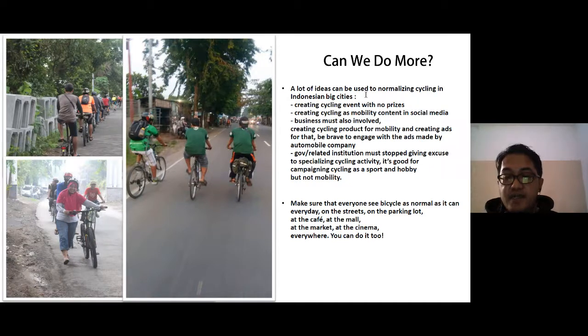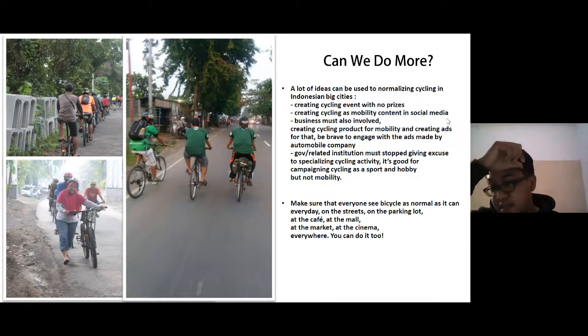And also the fourth one is that the government or related institutions must stop giving excuses to specialize cycling activity, like giving the police to guard the cyclists, or making it a ceremonial icon.